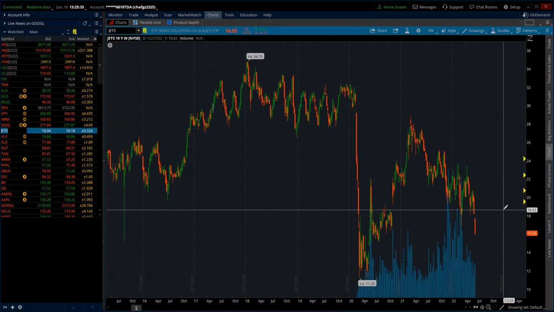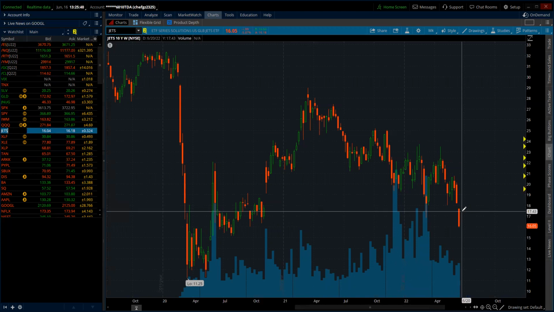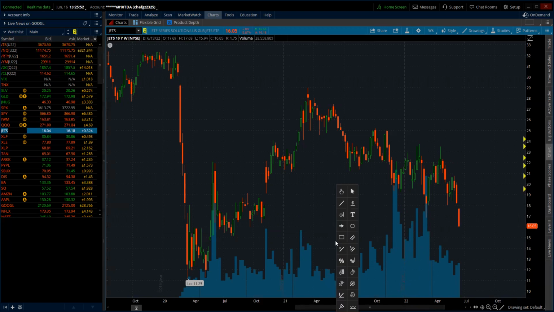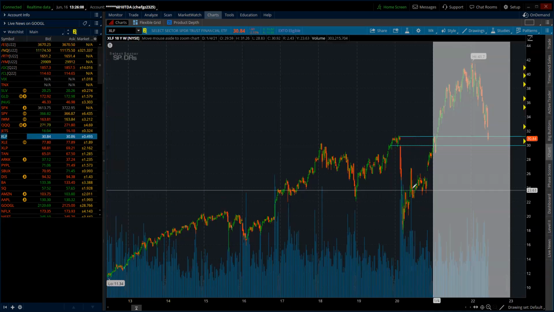As for jets, airlines are taking a big hit. Now, if you ask me, there hasn't been any negative catalyst towards airlines. So I think airlines is going to be the next piece that I'm going to break down for Sunday. I think they're all in great spots, but for now, this market is still coming down and I want to be able to catch the reversals on these, right? So maybe this bottom down here, I know people are going to call this gap down here, but I guess we'll get there when we get there. So I don't see anything negative for airlines as of yet, but we'll see.